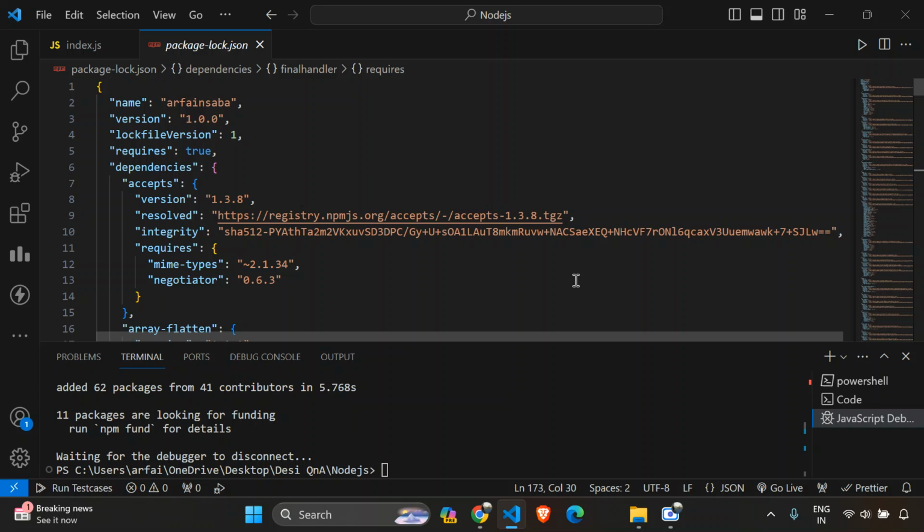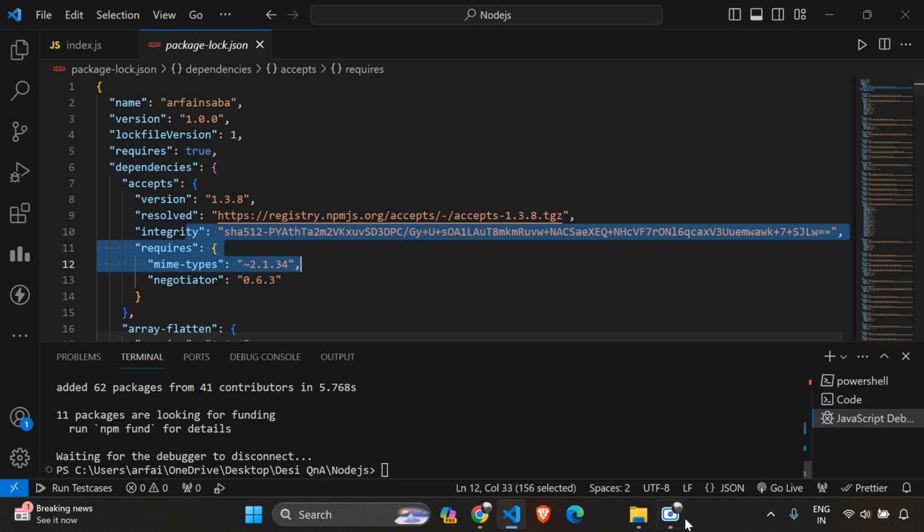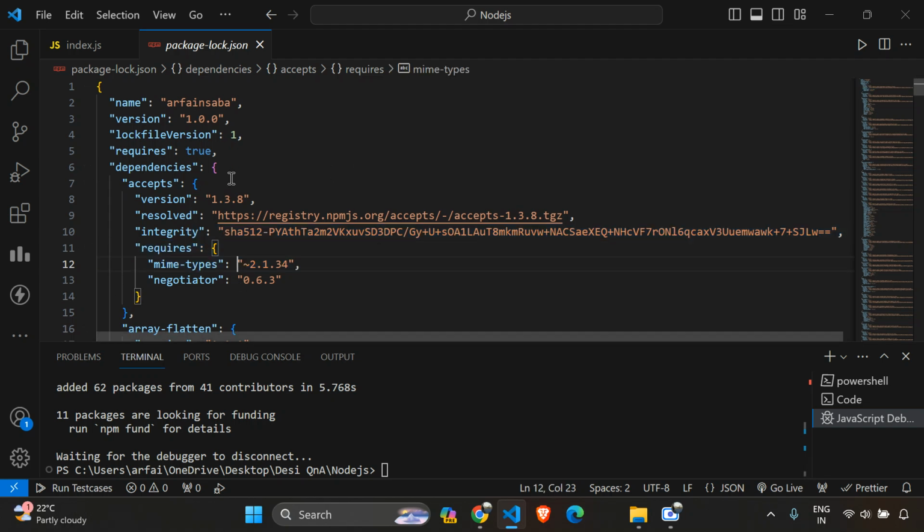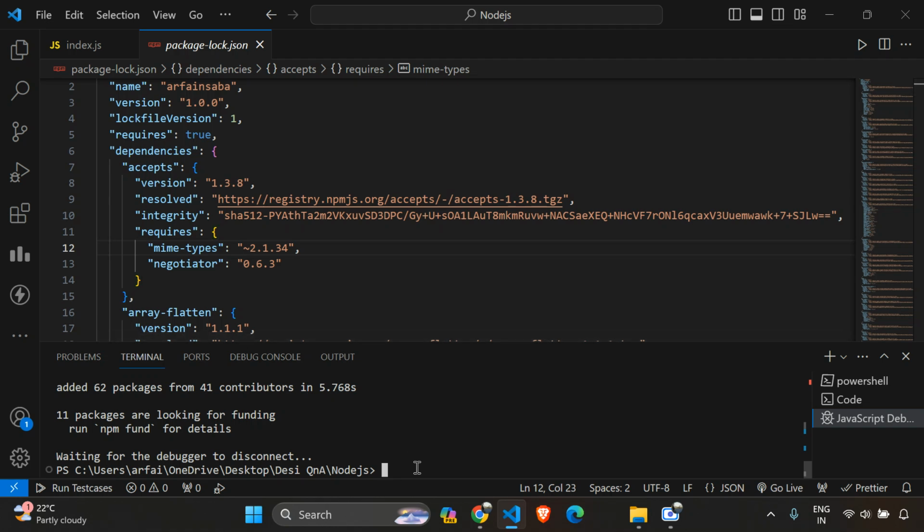Now why has it been added? While developing and coding this project, we need these dependencies to be shown in the package-lock.json. So for that reason we have these things. And again, you can install anything that you want, and you can see how these changes appear over here. And again we have this npm install. Let me show you one more thing. Here you can use the npm i itself.